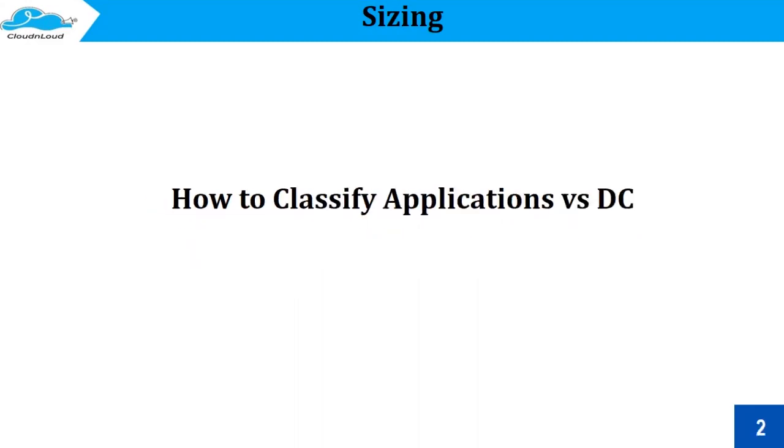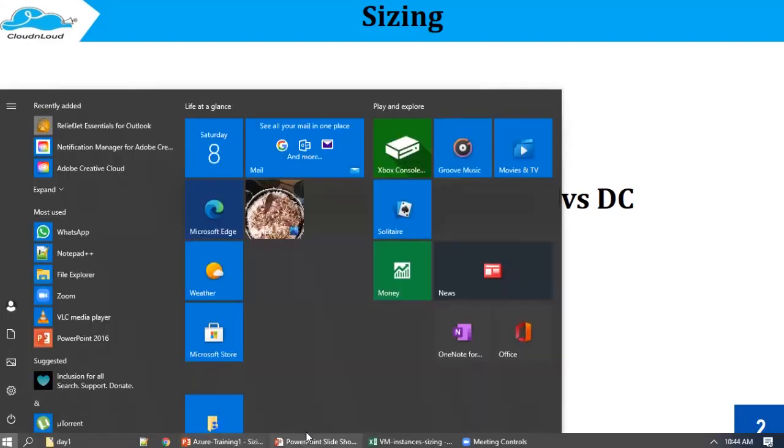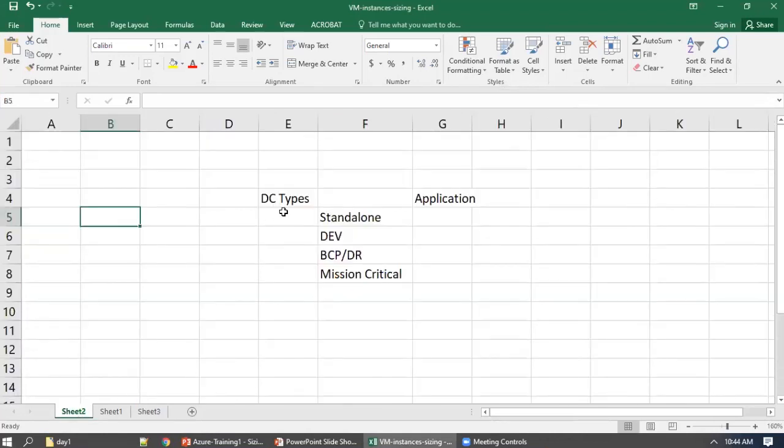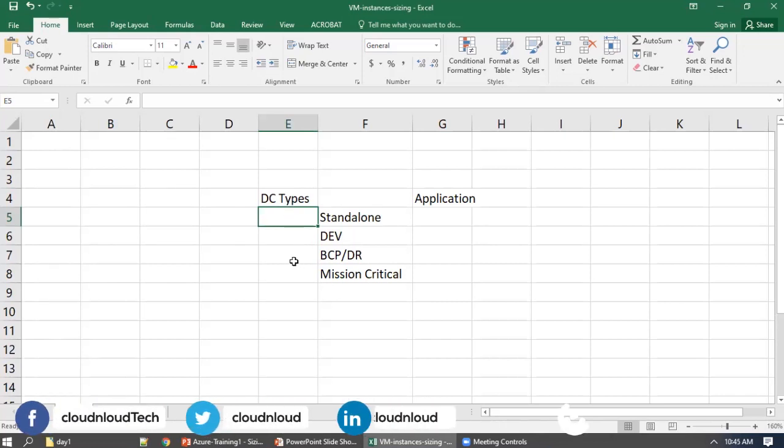So first we will go with classifying applications with data centers. I have a very small one. In the last session, we discussed the data center types: how critical data centers are, how less critical data centers are, development-related data centers, and standalone data centers.